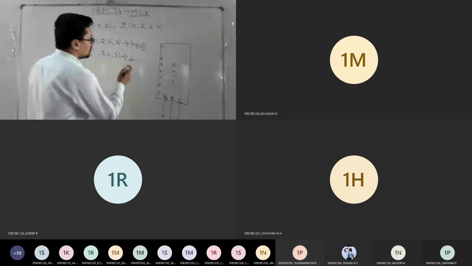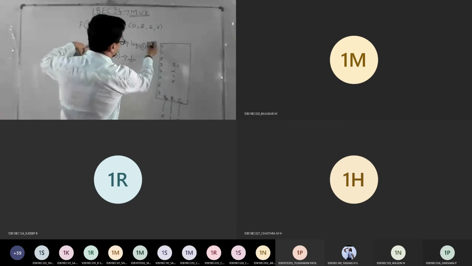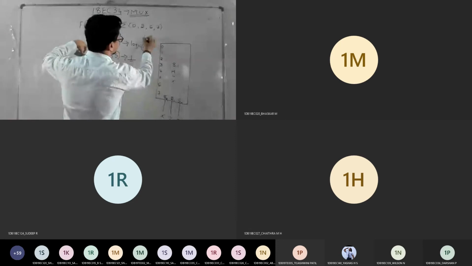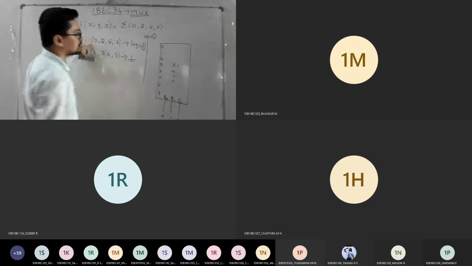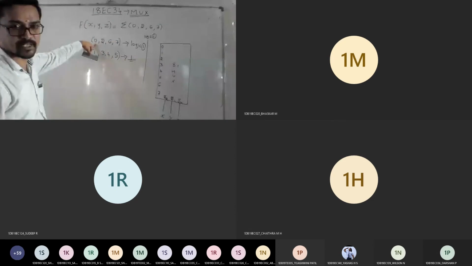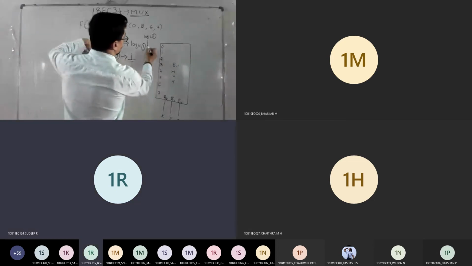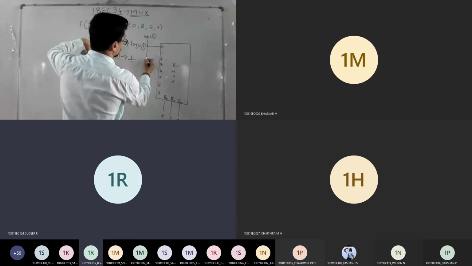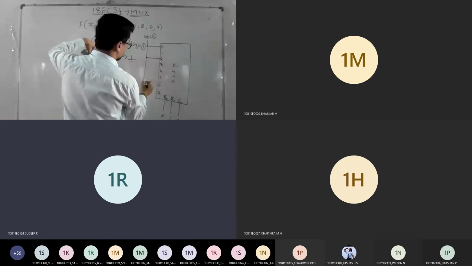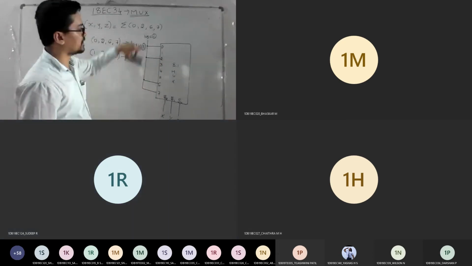Okay. Now let me connect logical 1 like this. Logic 1. So which are the pins I should connect now? 0, 2, 6, 7. So connect like this to logical 1.